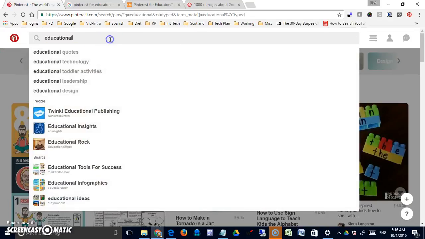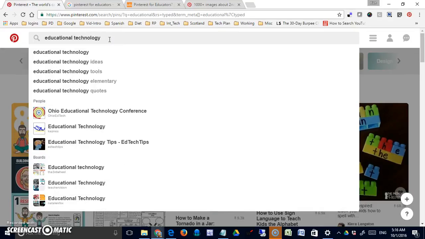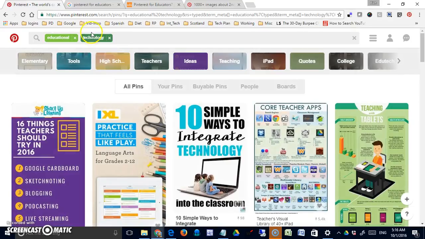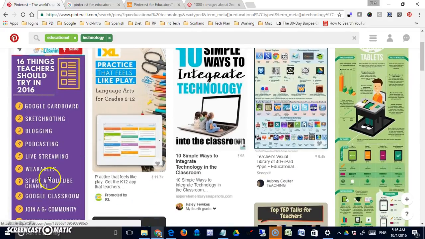Now, if I'd used a multiple word search term, it's basically searching by each of those. So you can see it's divided it into two. It's using both of those, and that's going to adjust my results here, and of course my results as far as pins. Educational technology, 10 simple ways to integrate technology, 16 things teachers should try in 2016, and notice they're